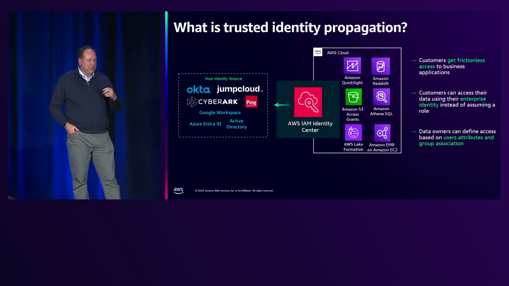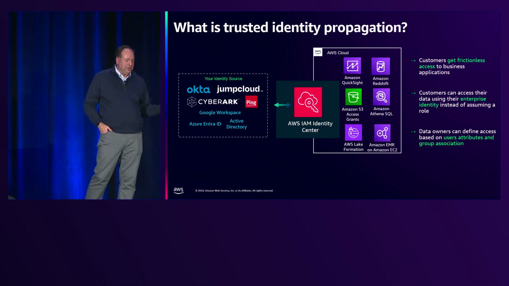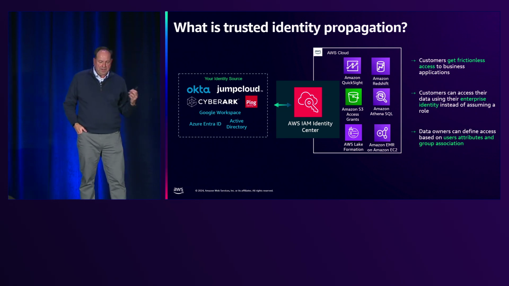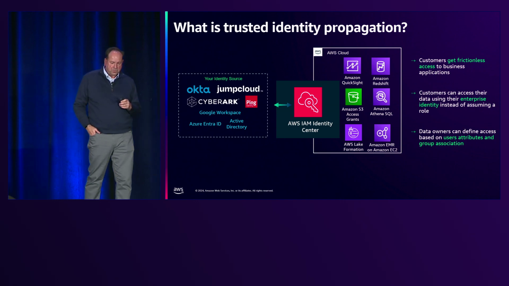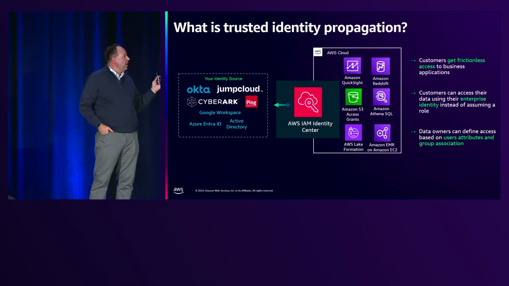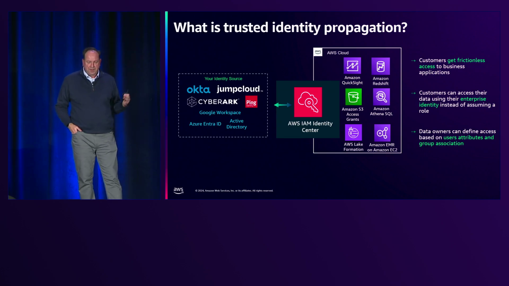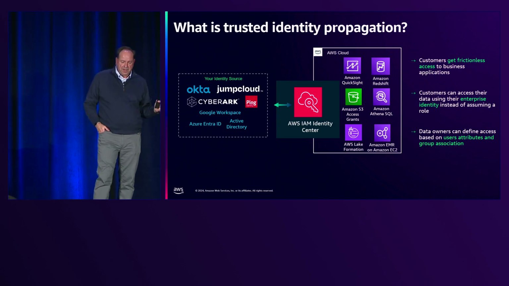But of course, once you register your identity source with Identity Center, all of those different identity sources will work with trusted identity propagation. So when a user authenticates with the trusted identity provider, AWS Identity Center can propagate the user's identity and permissions across the connected AWS accounts and applications.